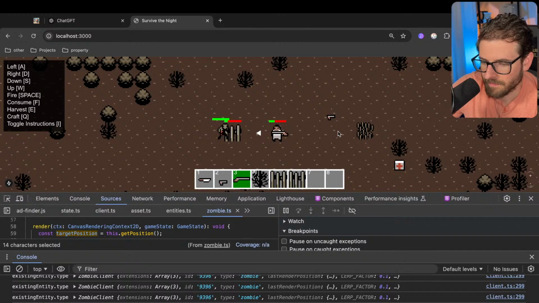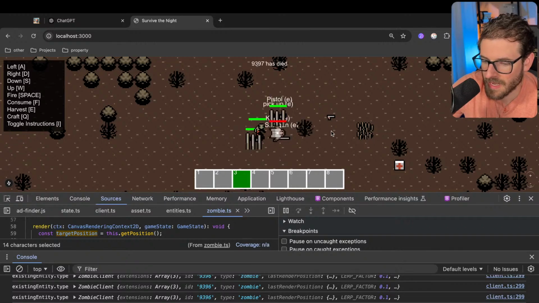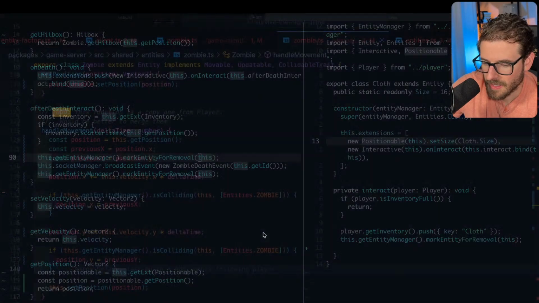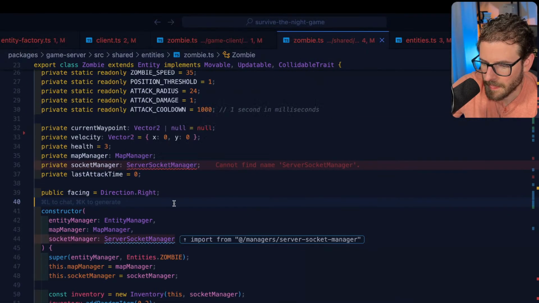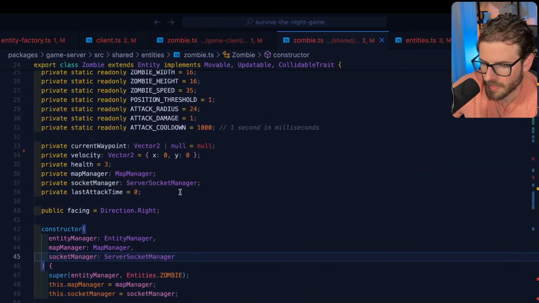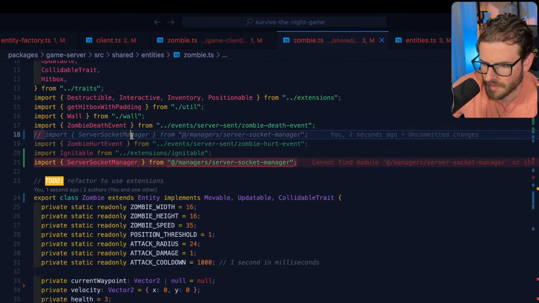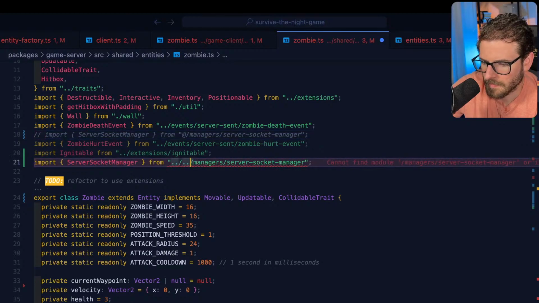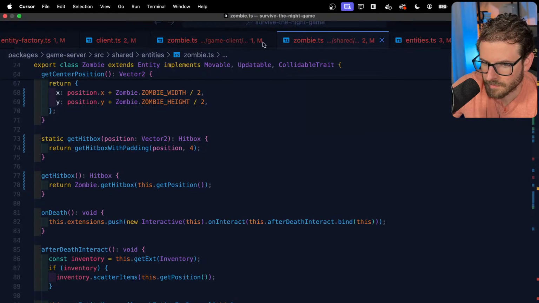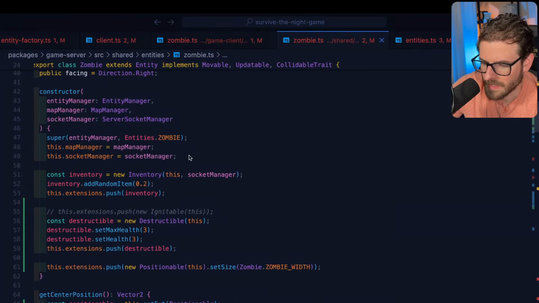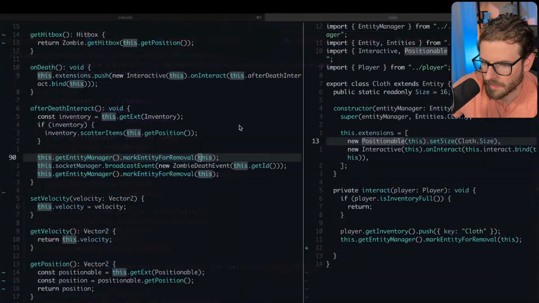Cool. Why are the bullets not hitting him now? So now I've got to debug something else. I did all this refactoring, but it's still broken. Why is that not being imported correctly?